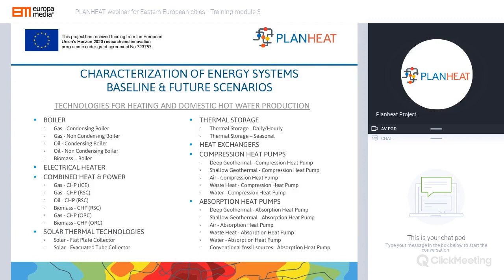Solar thermal technologies with flat plate collector or evacuated tube collector, thermal storage for daily, hourly, or seasonal terms, heat exchangers, different compression heat pumps: deep or shallow geothermal, air compression heat pump, waste heat compression heat pump, or water compression heat pump. The system is also able to browse absorption heat pumps: deep geothermal, shallow geothermal, air, waste heat, water, or conventional fossil sources.